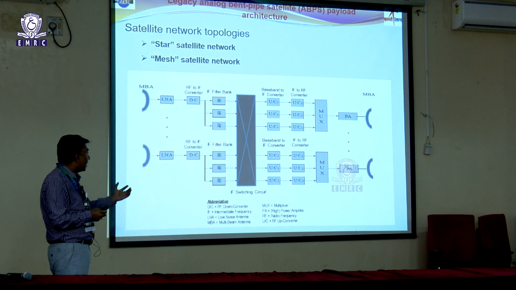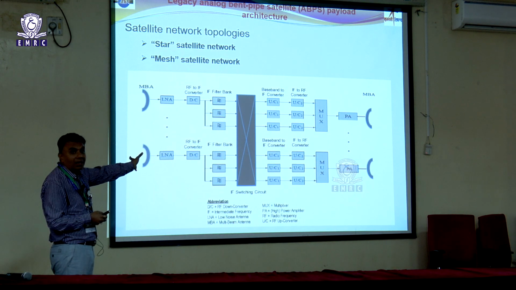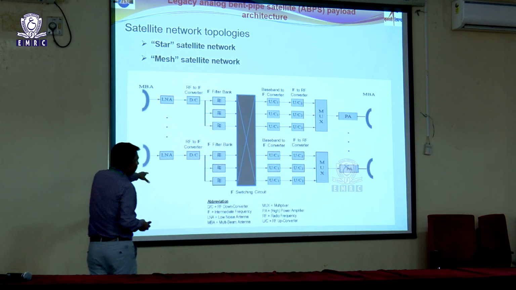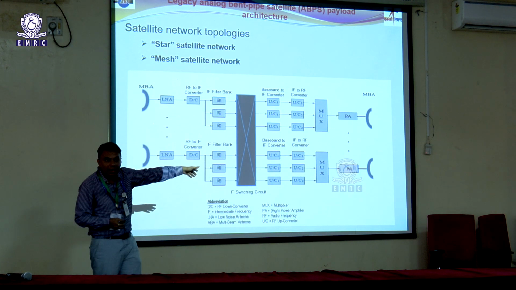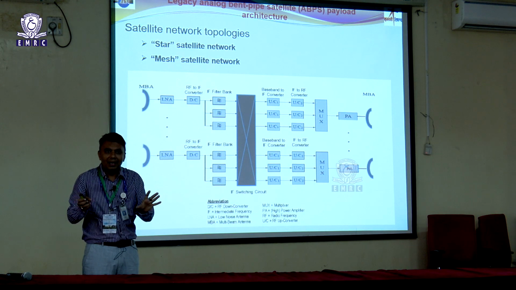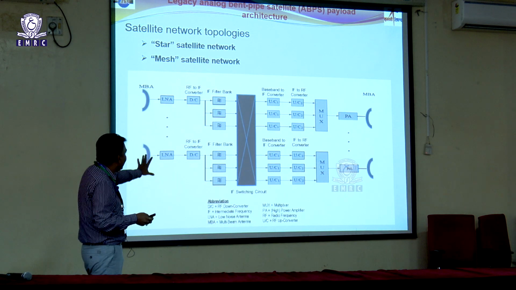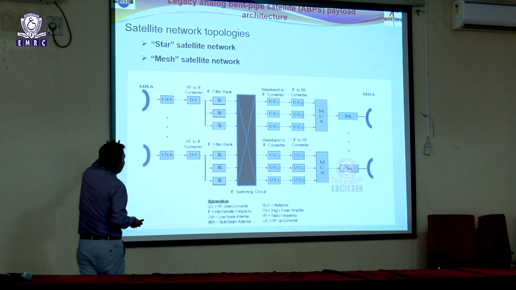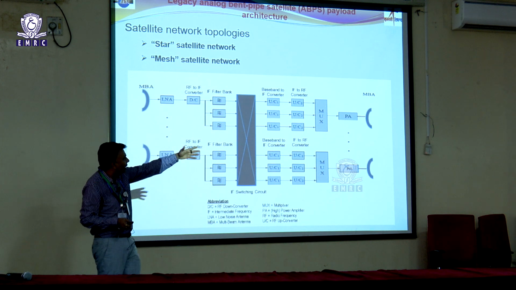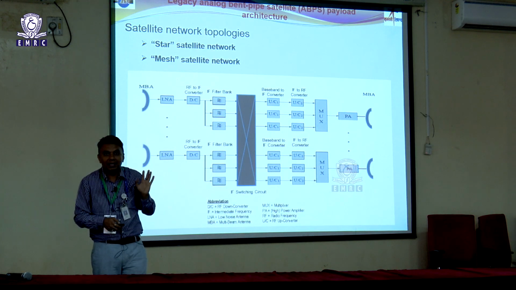If you go through high throughput satellites in detail, this is our earlier-days satellite from the 60s, where all the RF translation is happening in the IF domain, and the RF switching is happening. All are analogue in nature, there is no flexibility. The antenna will cover, LNA is there, then down conversion, then the RF switching will happen, and then the up conversion will happen. This is the traditional satellite.